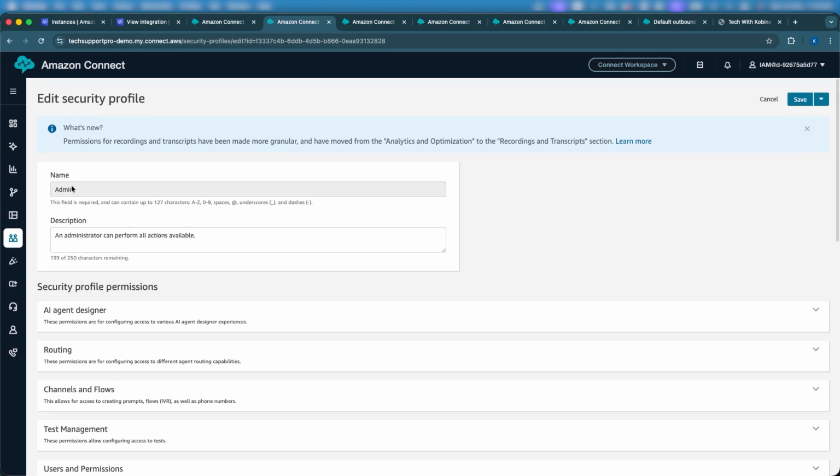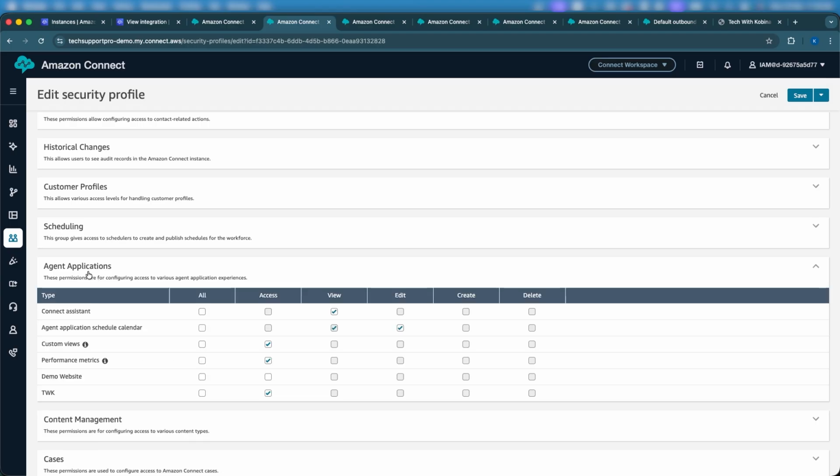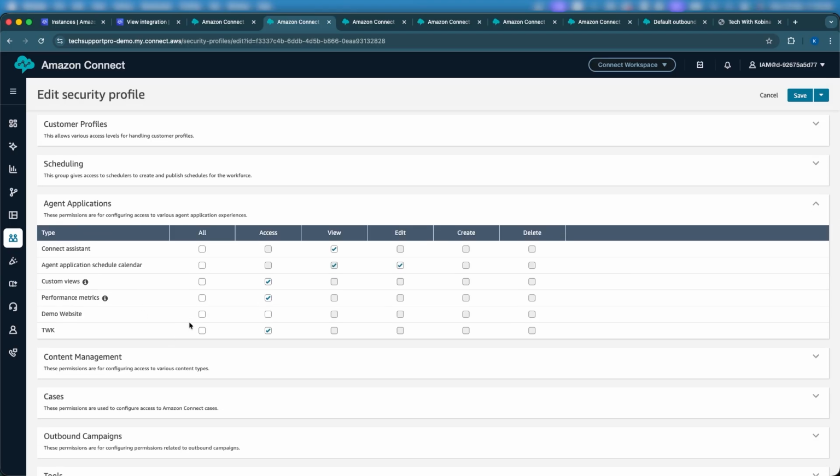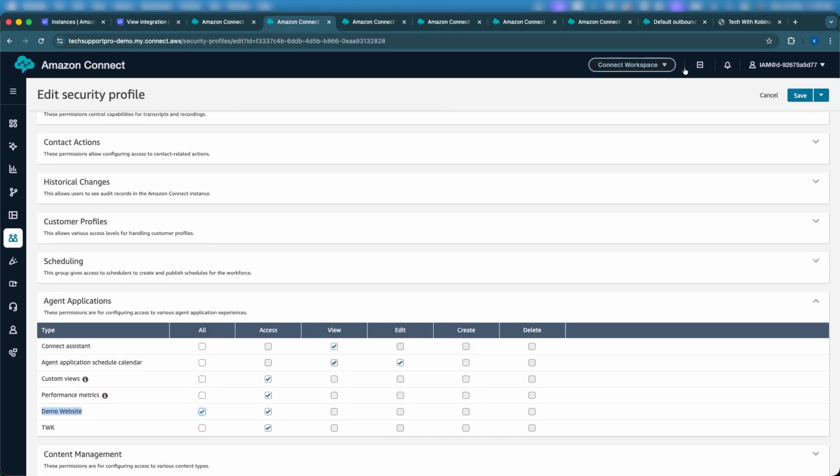On your security profile page, you just have to scroll down to agent applications, and in here you will see the application you just added. Mine was the demo website. I'll make it accessible to anybody who has the admin security profile. If I want my application to be accessible just to agents, or just to QA testers, depending on the nature of the application, I can select their security profile and assign it. So I'll click on save